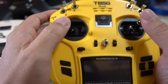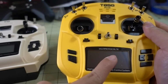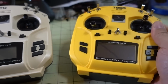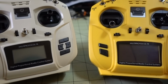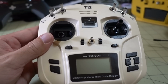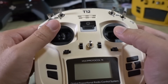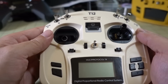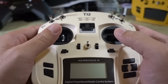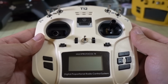sensor gimbals. So the gimbals have Hall sensors, and this screen is an OLED screen. It's a little bit bigger. So the Jumper V2, not the Plus, comes with the same case, and these gimbals are on the T12 and a smaller screen here. So it's a smaller LED screen, and you get standard regular gimbals. They feel just as good or better than the ones on the Jumper V1. They still feel very smooth. I like them. I think that they're just as good as the ones on the V2 Plus I was using